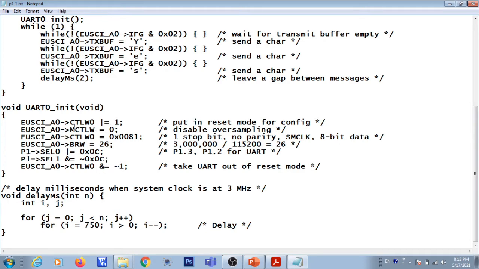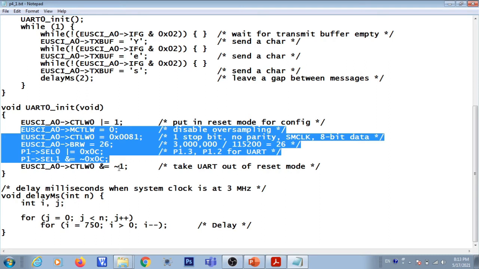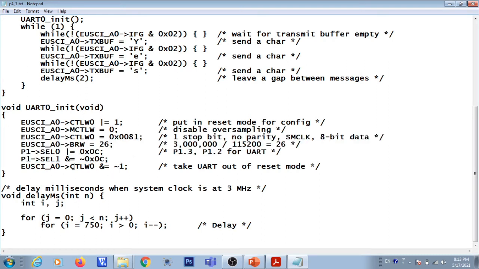I have already told you that the control word 0, 0th bit should be 1 before performing all the configuration of the UART. Once the configuration of the UART is over, you need to set that bit back to 0, that is the 0th bit of the control word register, so that you take the UART out of reset mode. When the 0th bit is 1, the UART is in reset mode and you can perform all the configuration.